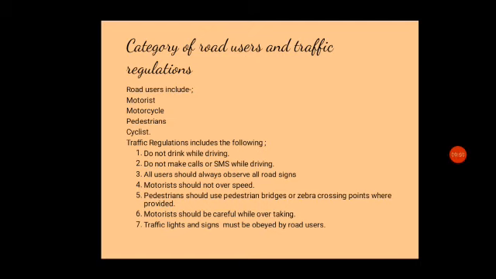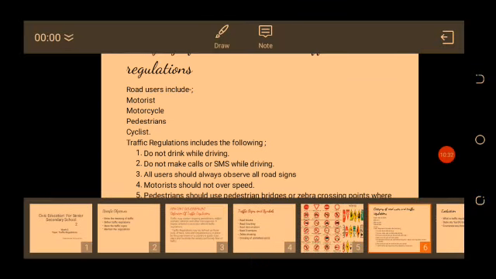5. Pedestrians should use pedestrian bridges or zebra crossing points where provided. Then 6, motorists should be careful while overtaking. Then last but not least, traffic signs and lights must be obeyed by all road users, also by motorists and motorcyclists. Then we have over here